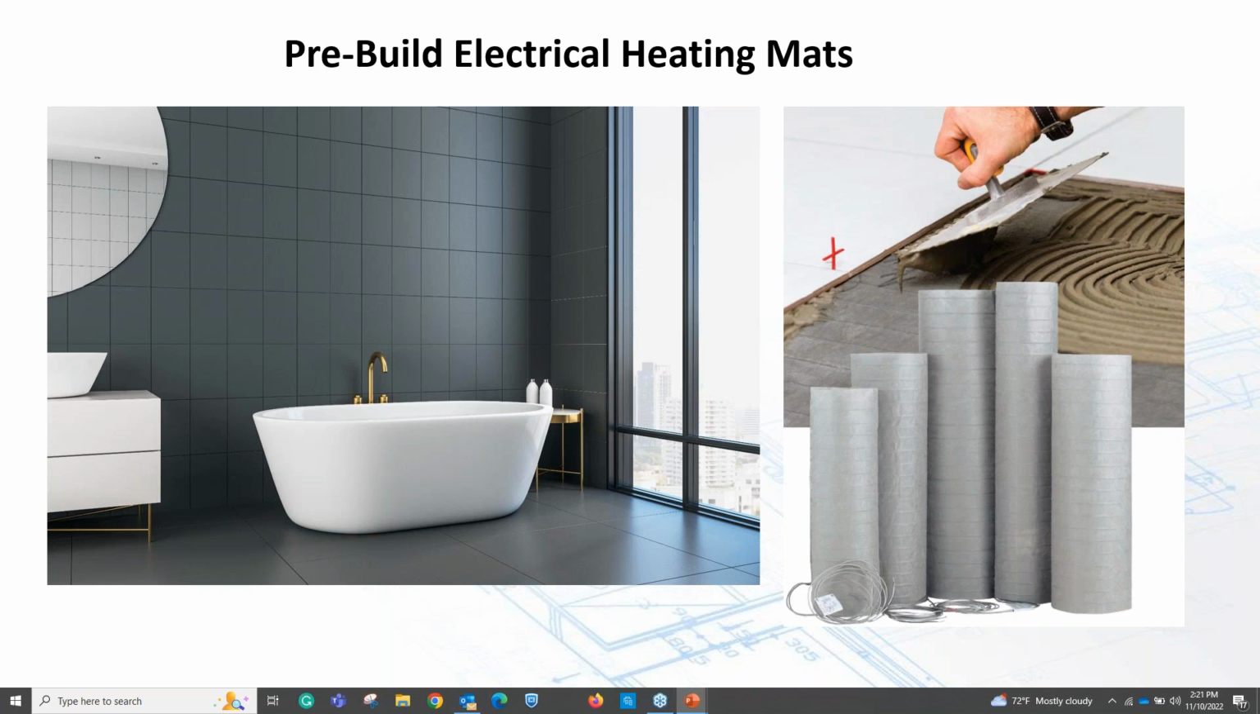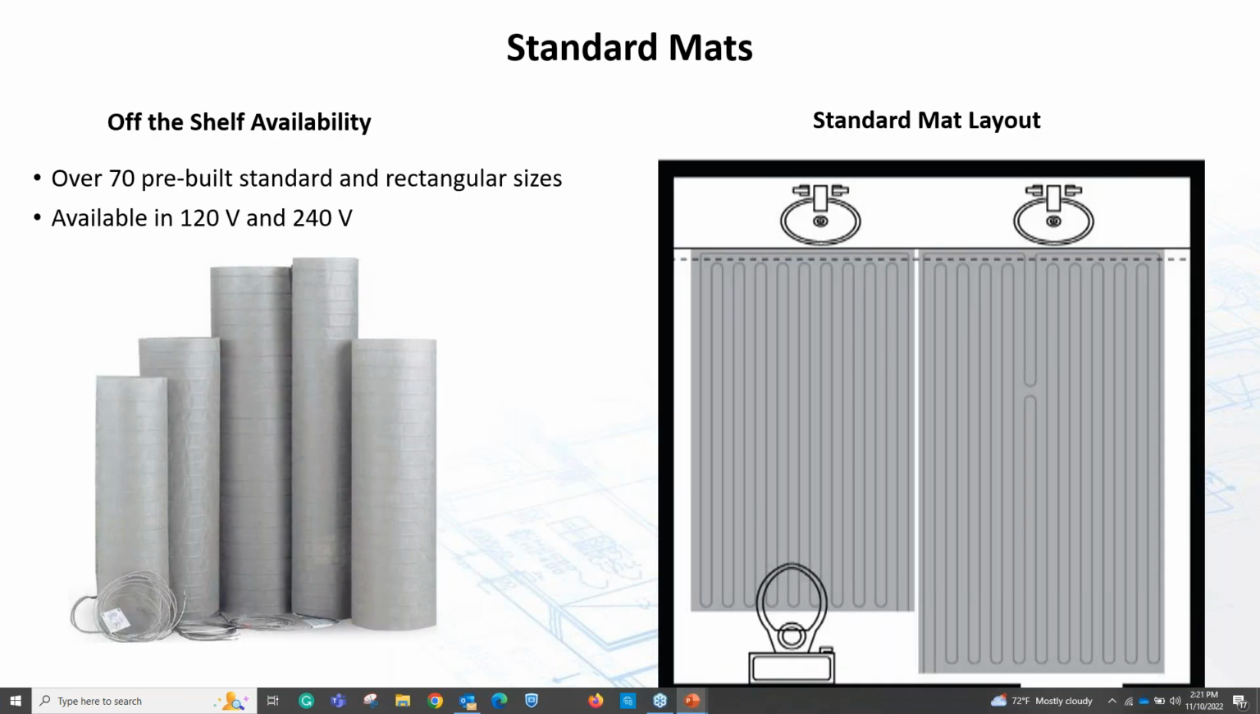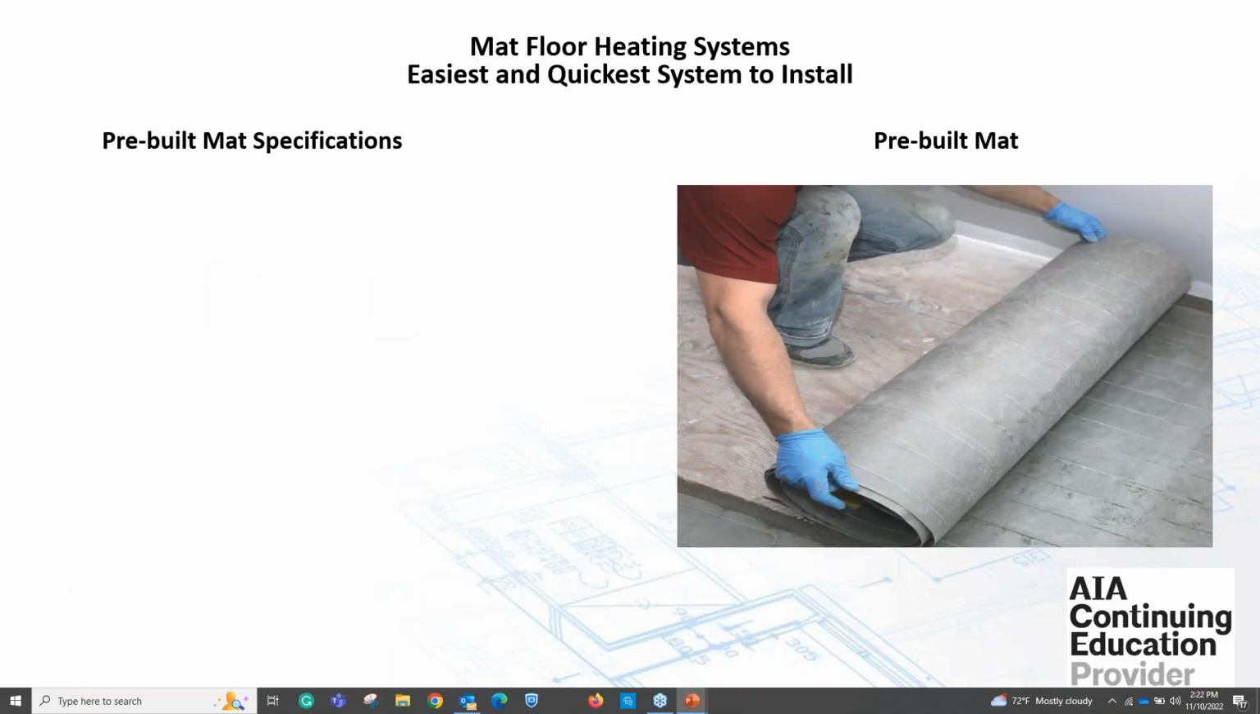So pre-built electric mats, this is kind of what they look like, the rolls there. You can see the nice tub and the large window there. If you were trying to heat that up with a regular standard HVAC system, all the heat would probably be in the ceiling. It'd be cool. It's nice to step out on this tile and be nice and warm. There's the mats, fairly simple to put in. These come in 120 and 240 in different sizes. Basically, you roll it out,